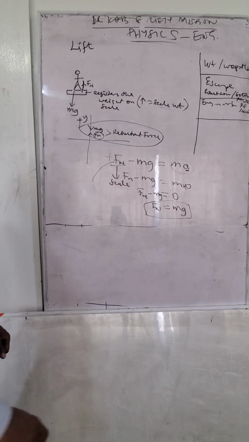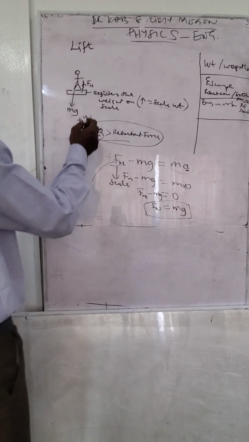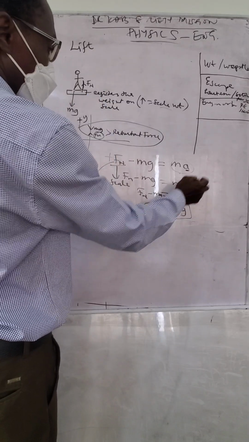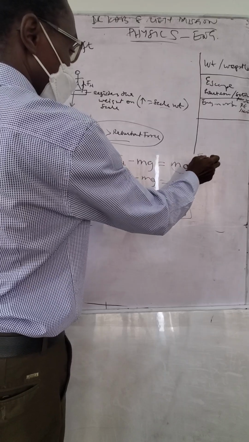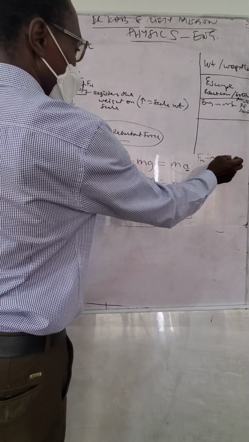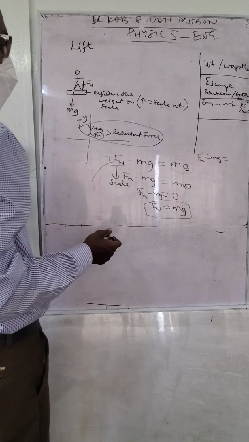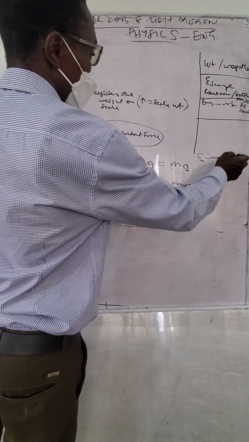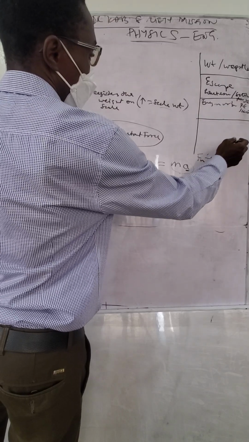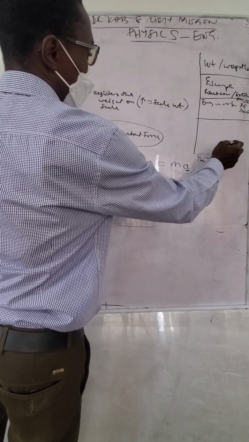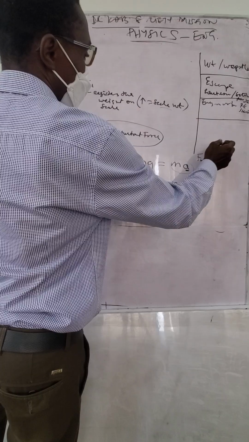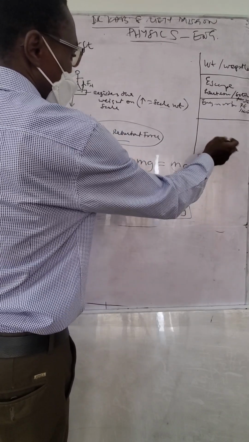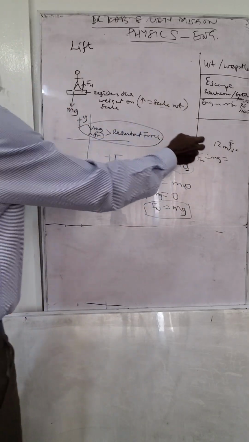Now let's see if the lift is going downwards with a certain acceleration. So Fn minus mg, let's say the lift is going down with a negative acceleration, depending on how it's going. Maybe it's going down with an acceleration of 12 meters per second. This is more than